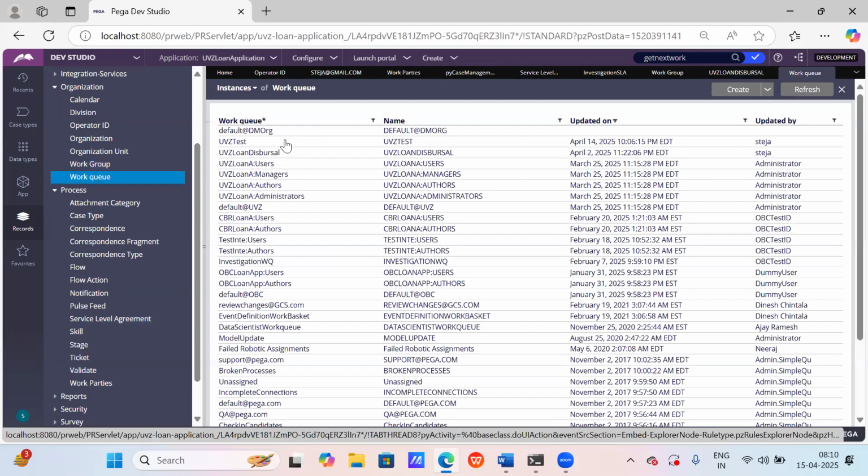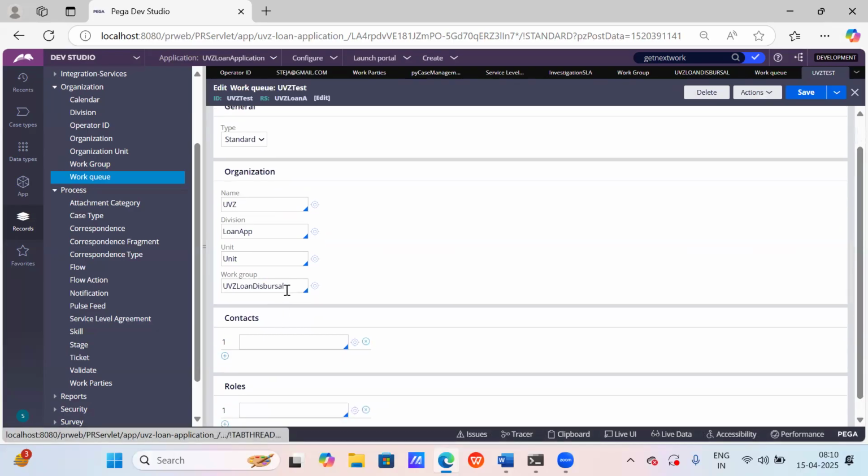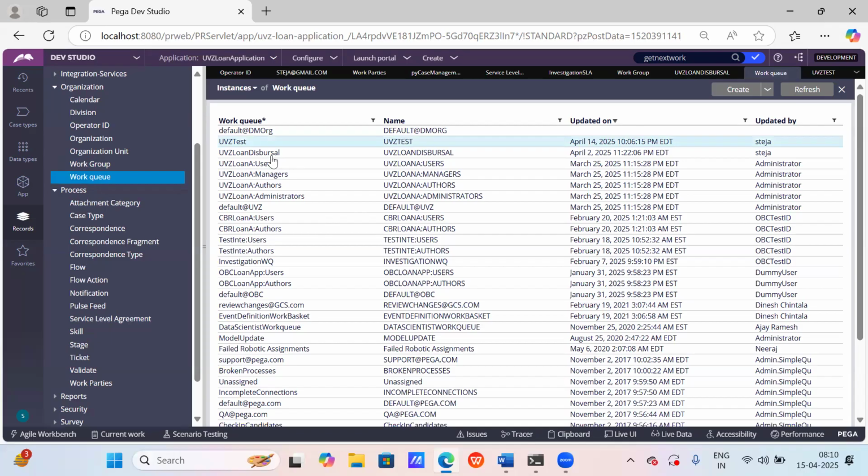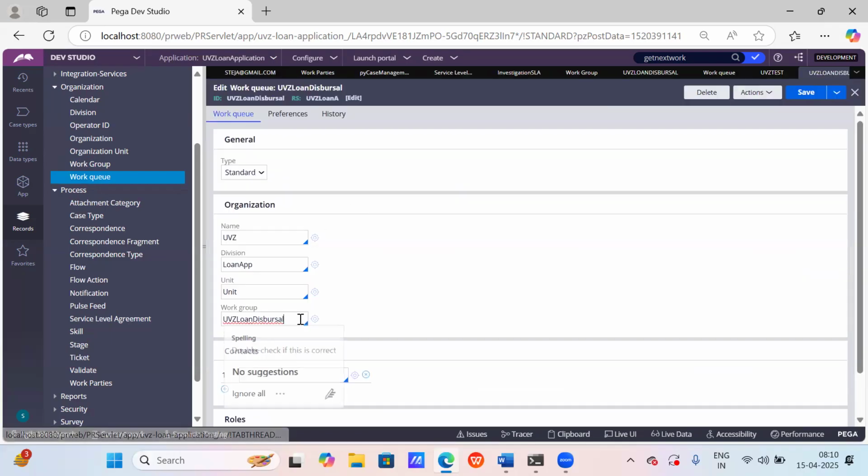We have UVZ loan dispersal and UVZ test. UVZ test is present in the UVZ loan dispersal work group, and UVZ loan dispersal is present in the UVZ loan dispersal work group too. So this work group has two work queues. Yes, it is possible. For each and every work group, we can have multiple work queues.